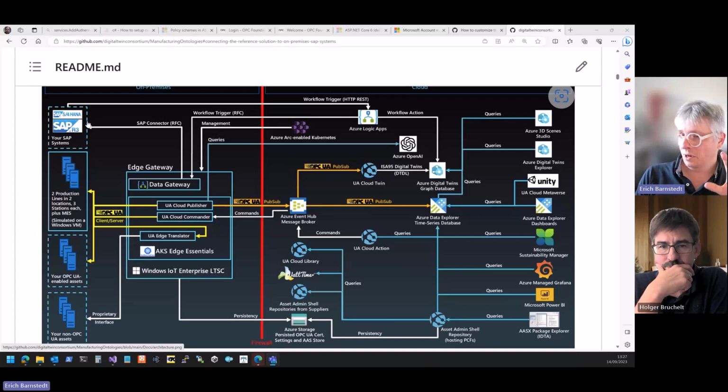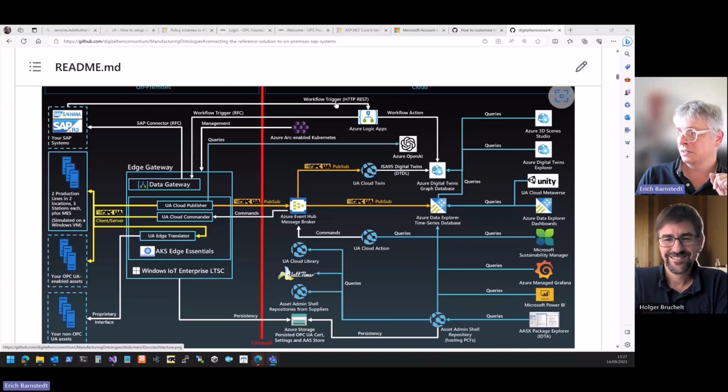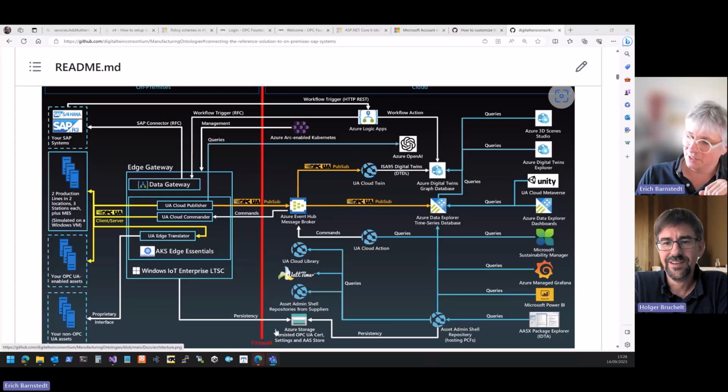But from the discussion we had, obviously the SAP systems are up here. Here's the trigger, the HTTP request that I mentioned that goes through Azure Logic Apps, which then has an impact on digital twins being created in Azure Digital Twin Service. There's also a link between here and the storage account, but if I create an arrow straight through the architecture, it becomes really, really unwieldy.